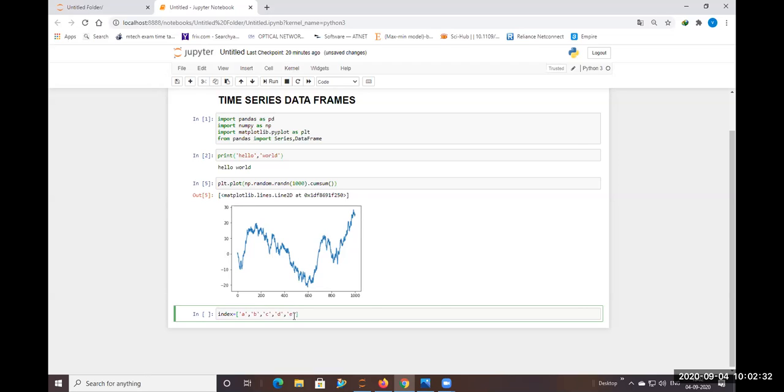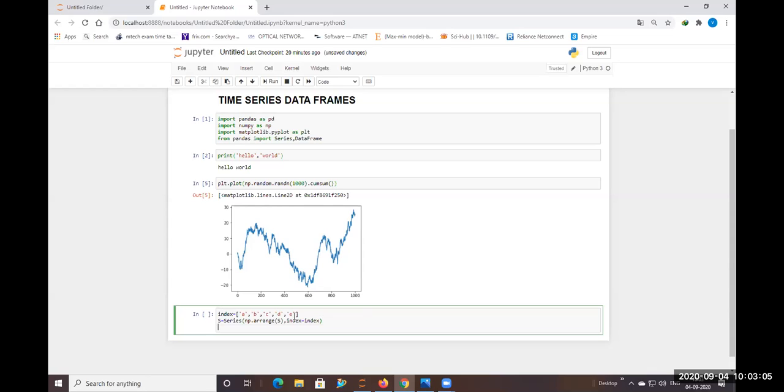Okay. And now let me take one more variable to represent the series of values, the variable s. I'll be writing s = Series(np.arange(5), index=index).